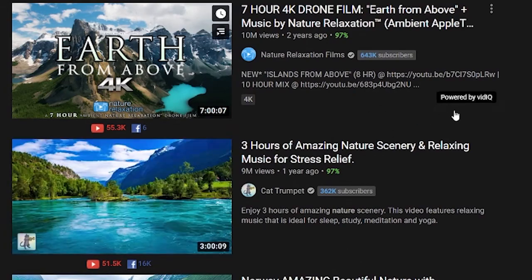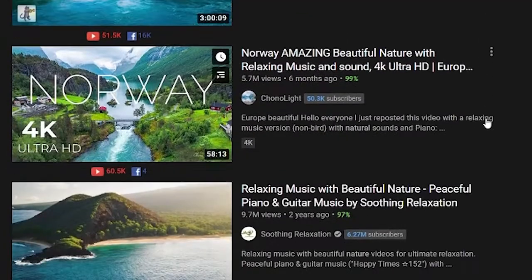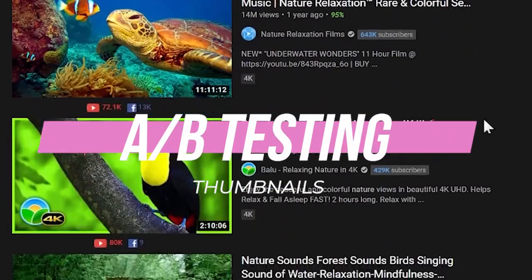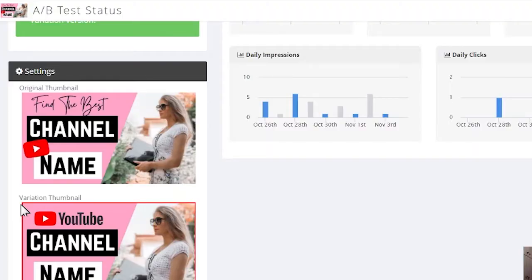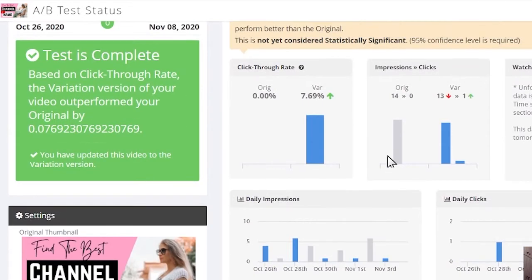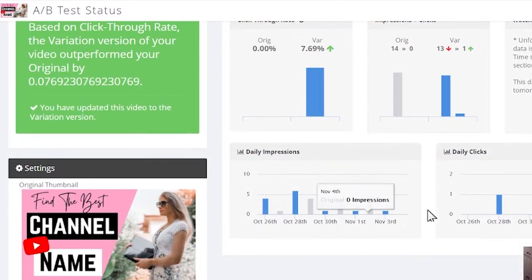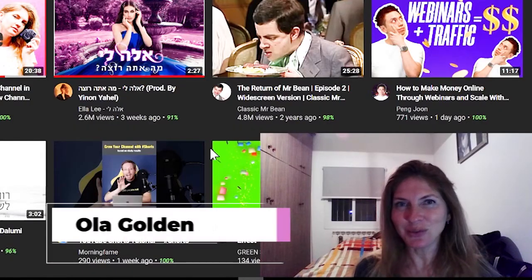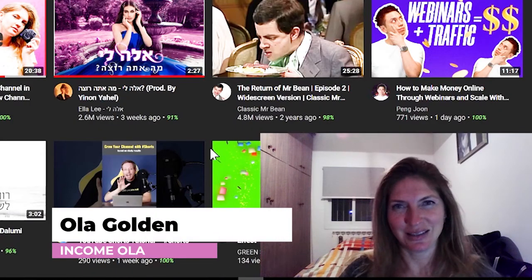How to choose the best thumbnail that gets views? Well, today we're going to create an A/B split test for thumbnails with the power of TubeBuddy. I want to tell you right now that this feature requires you to upgrade to the Legend plan, but it's definitely worth it, in my opinion. I use TubeBuddy. I find it very useful for my thumbnails, and I'm going to show you how to do that. So let's start.